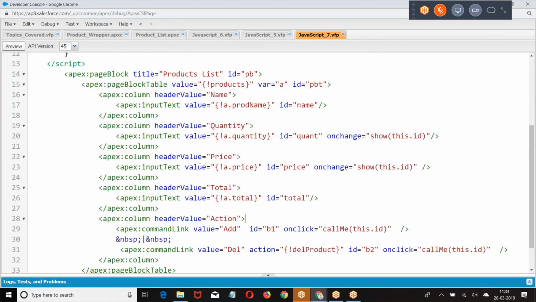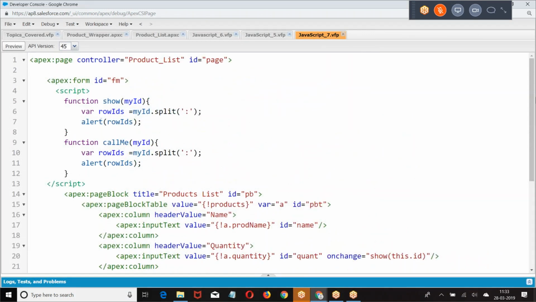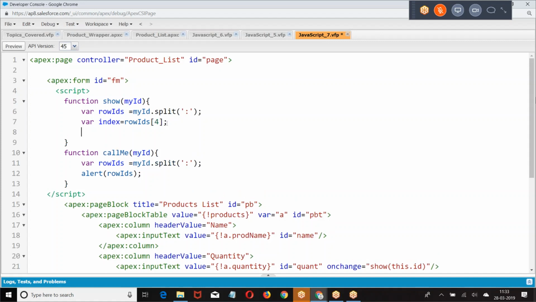Okay. Now let us go back to the row number. Once you got the row number, what is the row number we are getting here? Where next equal to at fourth position we have the row number. Then we are reading the value where document dot get ID page form page block table plus index plus.